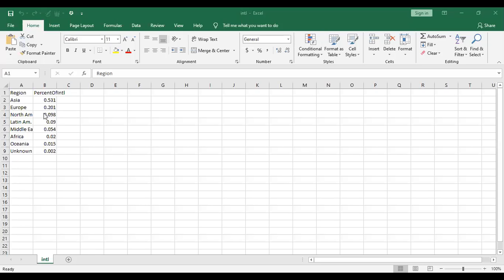This is one of the top universities, MIT. Which locations are the students coming from? Asia, this much. Europe, North America, all these things. We are trying to convert this into a chart. We already created the pie chart, but it's not conveying the meaning, so we'll try to convert it into a different chart, either a bar chart or a pie chart. One variable is region, another variable is percentile of international students. We try to convert it into a data visualization. Everybody got the data? Yes, sir. Okay, now you can come to R software.